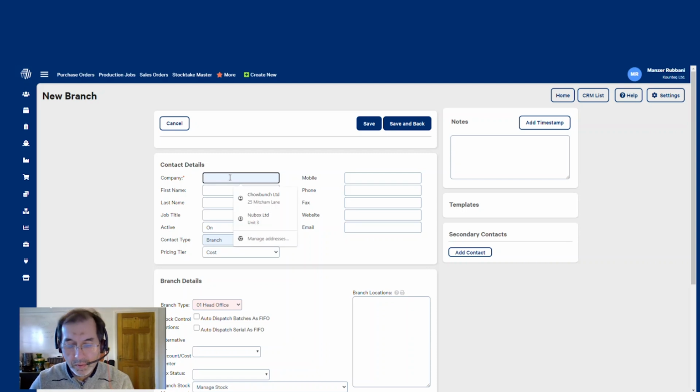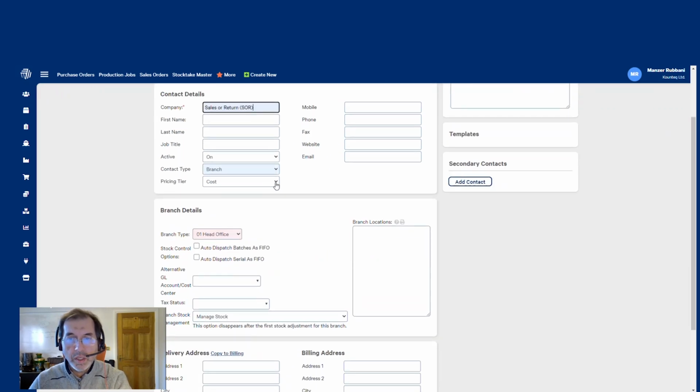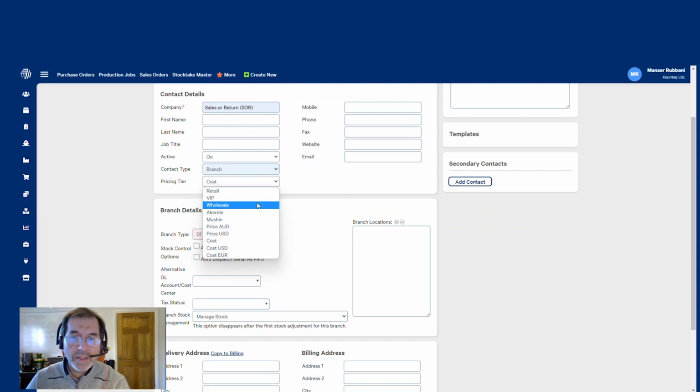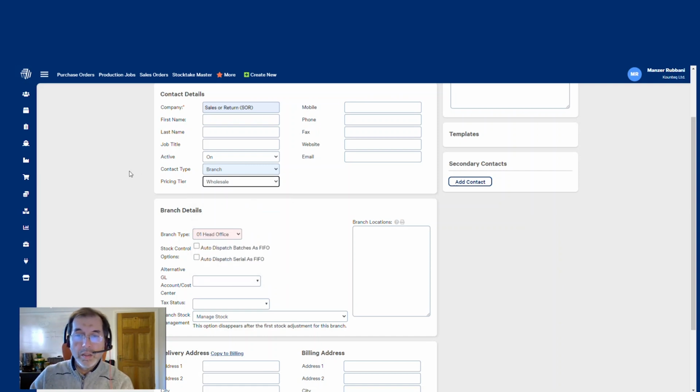I'll keep it simple: sales or return, SOR. No need for a name, it's a branch, and we'll set the sale price tier to wholesale, because there will be sales made by the client of yours who will be holding stock.